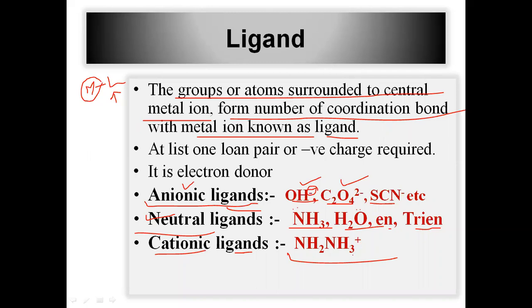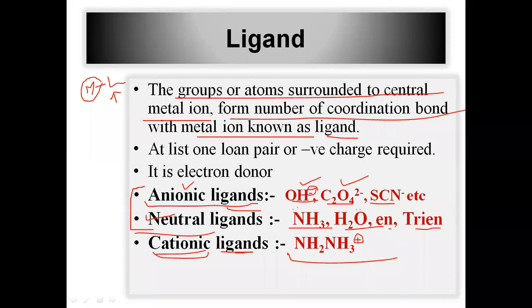Hydrazinium ion. तो हाइड्रोजनियम जो होता है लास्ट में, that indicate the positive charge, but positive charge bearing species जो है वो लिगैंड तो यहाँ पे एक्ट हो रही है, but problem is there, if there is a positive charge, अगर किसी स्पीशीज के पास अगर पॉजिटिव चार्ज होता है तो इलेक्ट्रॉन वो देने की बजाय वो खुद की तरफ इलेक्ट्रॉन खींच लेता है, so in such a case it cannot act as a good ligand. Okay, so such a ligand is found very rarely. Very few types of ligand attach as cationic ligand, but mostly anionic and neutral ligands are found